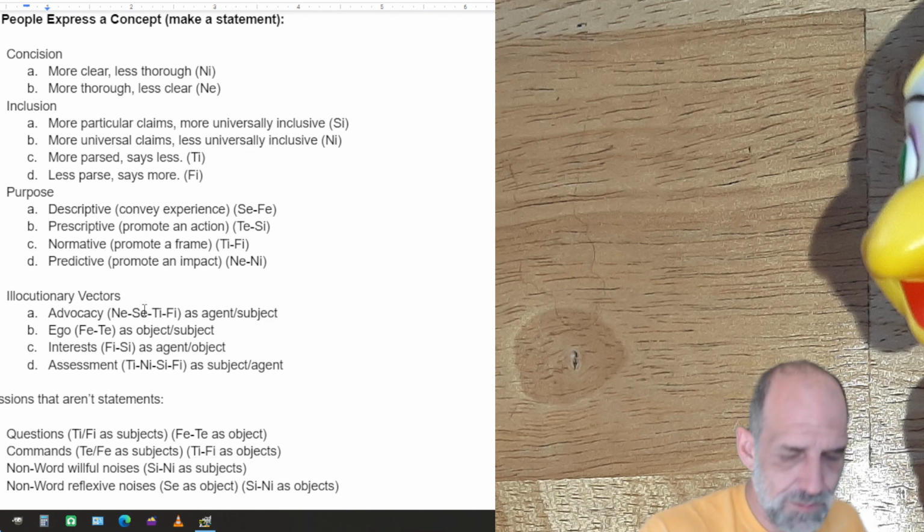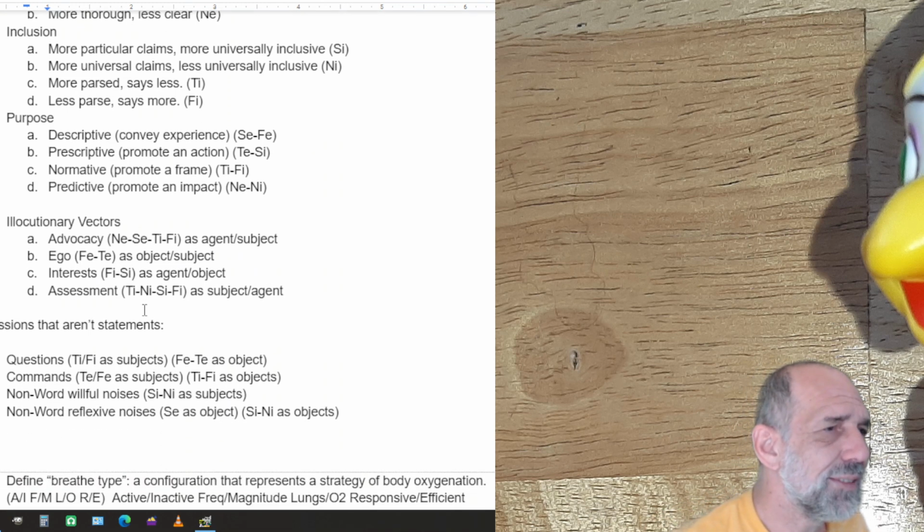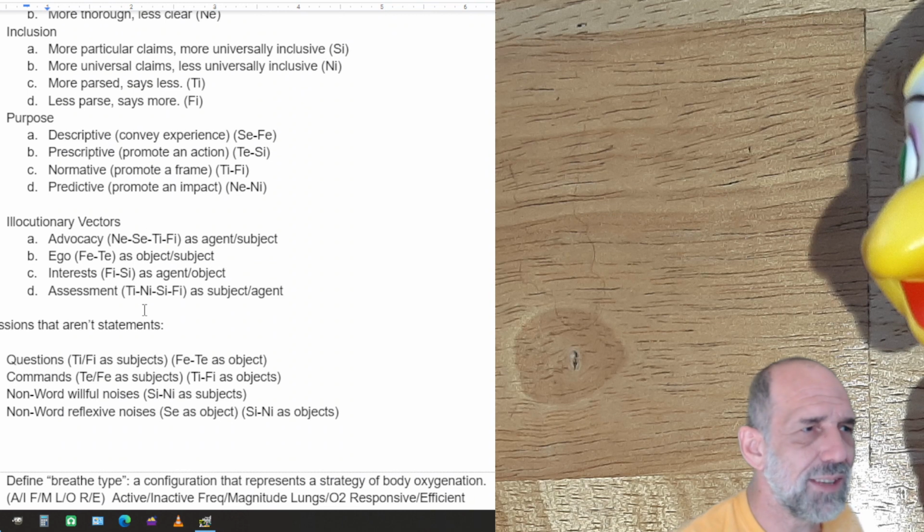And that's a different thing. Commands, TeFe, command as subjects. TiFi, command as objects. In other words, if I issue a command of some sort, it's because a